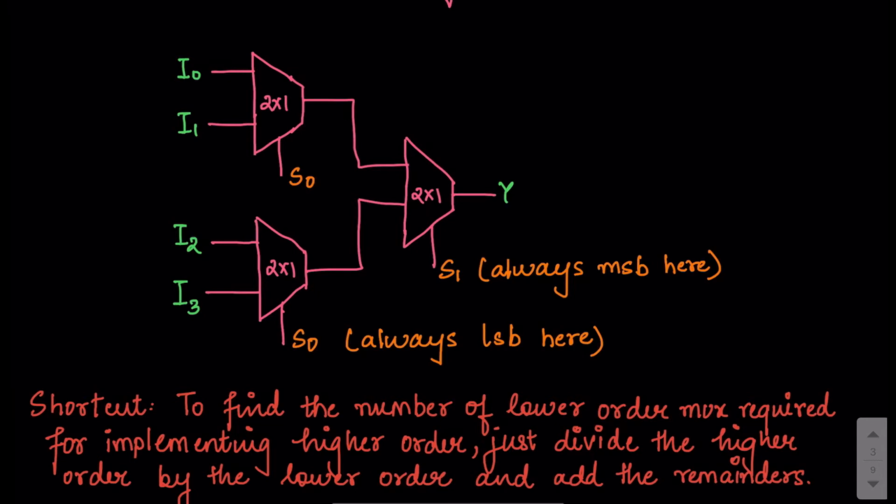Let's see why. Just imagine that you have S1 and S0 as 0, 0. If that was the case, then we know that as per the 4 cross 1 mux, the output should have been I0. And see, when S1 is 0, this particular input for this 2 cross 1 mux will be selected. And when S0 is 0, among these two inputs we have I0 selected. So eventually for the entire circuit, when S1 and S0 both are 0, you have Y equal to I0, which is the case that it has to be. So hence this placement is actually very important to remember.